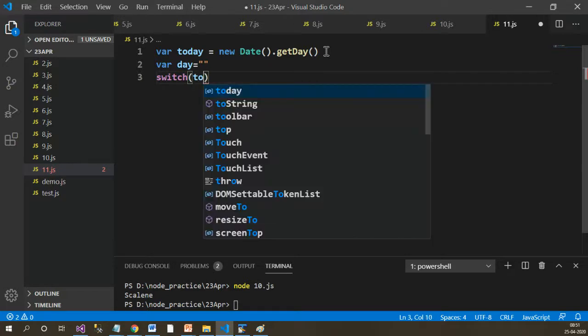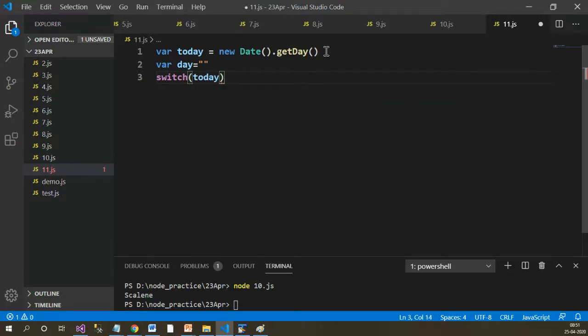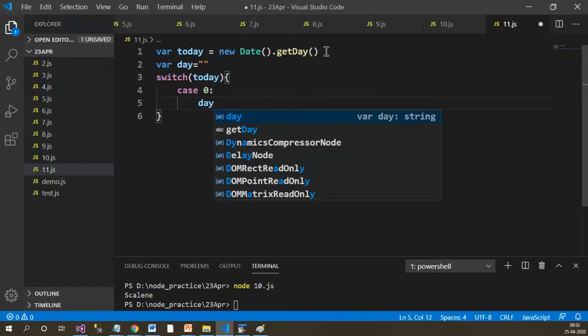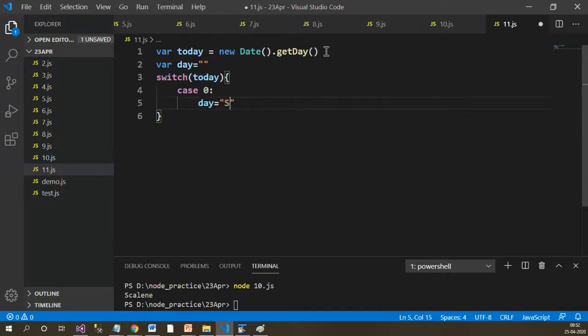Switch according to today and perform case. If case is 0, then put the value in day as Sunday and break.